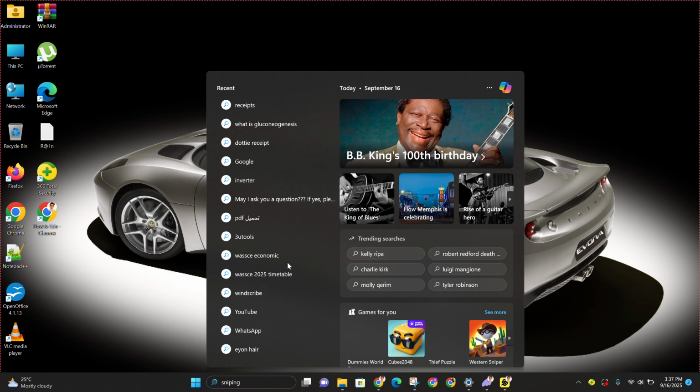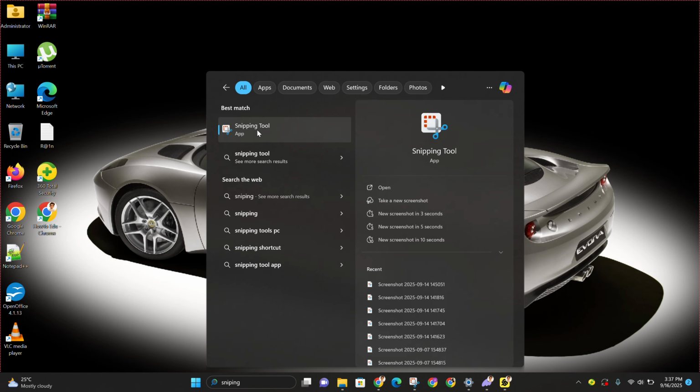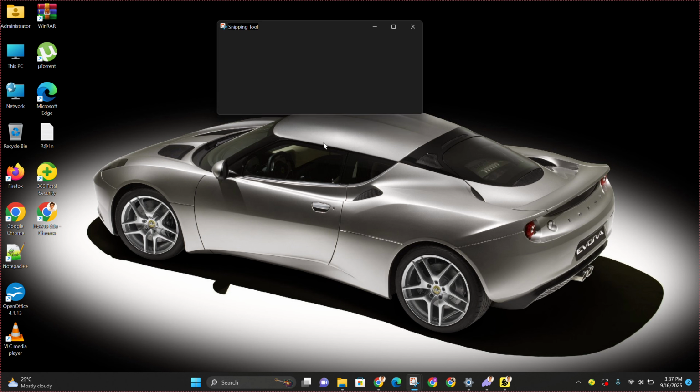Wait for it to open up. So this is it. I'm going to click on it. You can see I'm currently using this to make this video. If you want to open up the screen recording on your laptop, you're going to be able to see